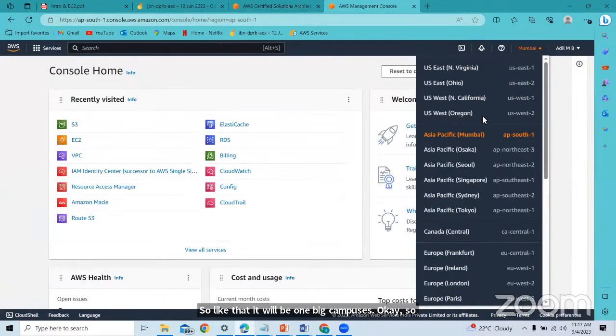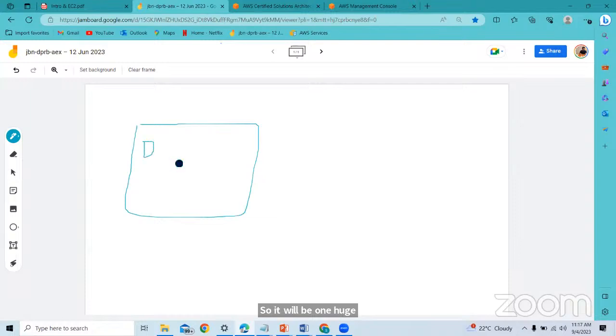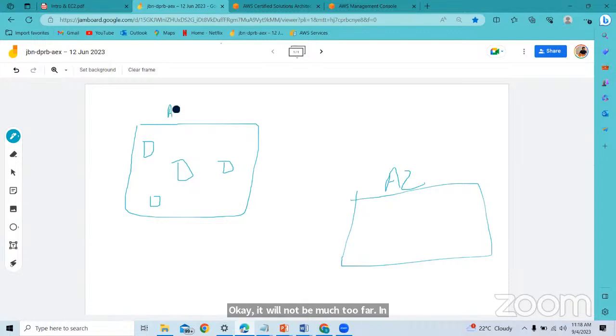If you see here, Mumbai is one of the regions. In the Mumbai region, we have only 3 availability zones, that means 3 campuses, something like campuses I'm saying. Each will be one huge campus, and the data centers will be there, not too far apart. Zone 1, zone 2, zone 3, all this clubbing we call one region.